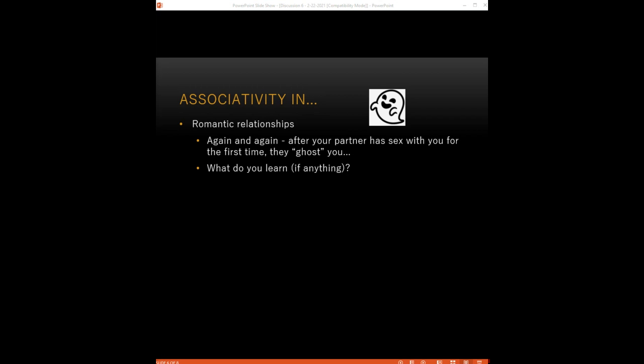Yeah, exactly. What you're going to potentially start to do now is going to depend on who you are. If you're the kind of person who doesn't want to build a long-term relationship and your partner ghosts you, you might go, well, thank God, I didn't really want to be with them anyway. However, what I'm assuming here is maybe you're someone who really likes this person. You decided to have sex with them and you're like, you know what? This is someone who I could see myself spending a lot of time with, who I'd want to maintain that